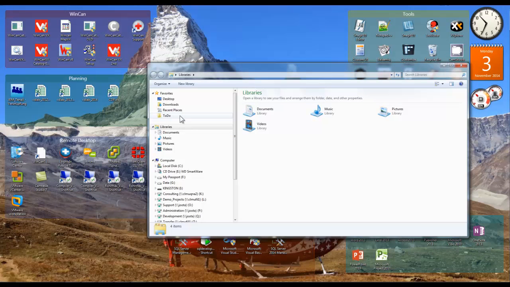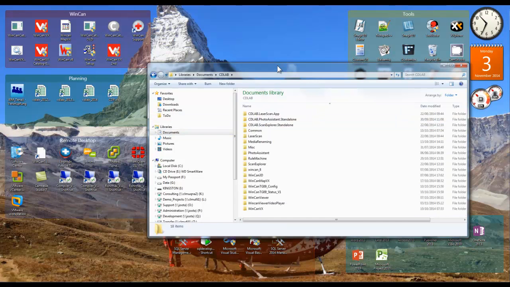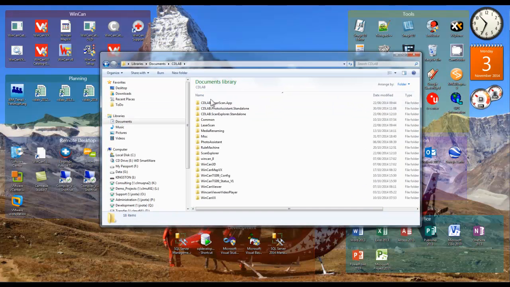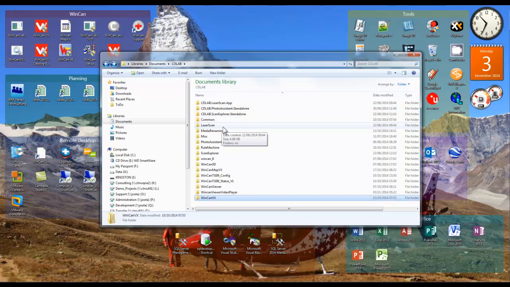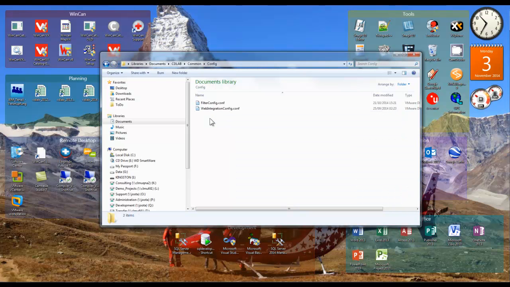Then this mapping file definition is also placed under public documents, cdlab, common. No, it's under WinCan VX, config. Let me just search for it. So it's placed, I think, in common config. Here we go. There we have a file called